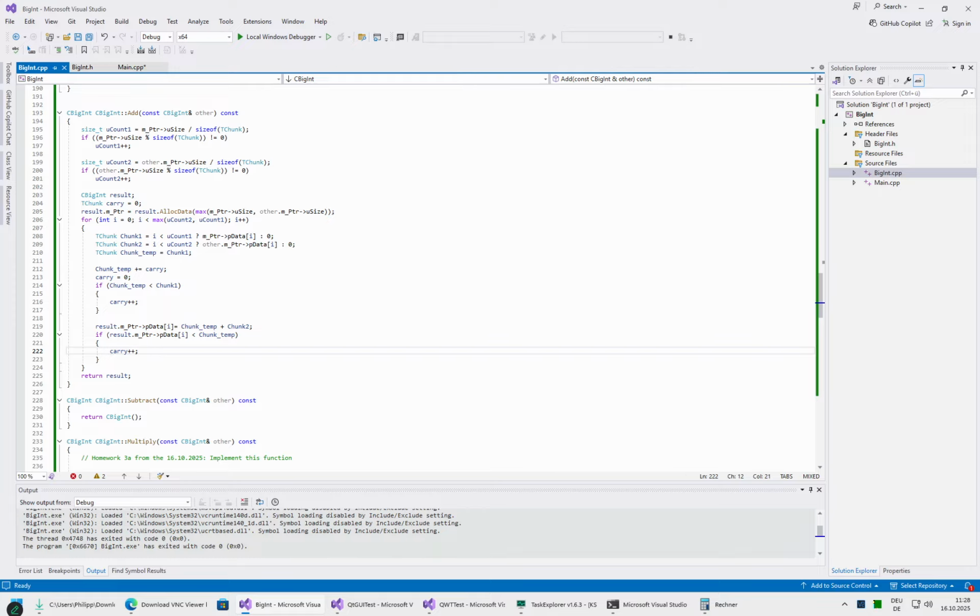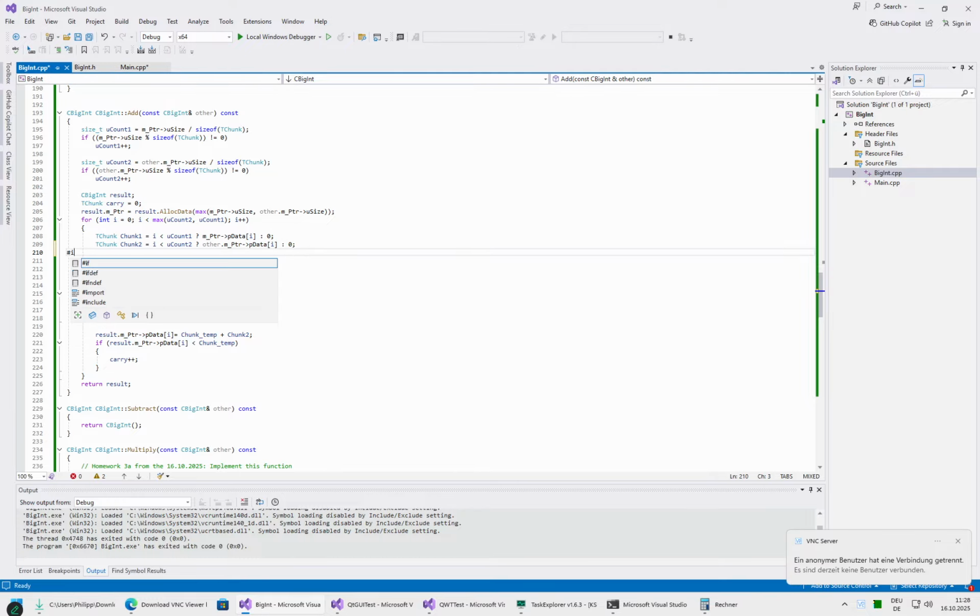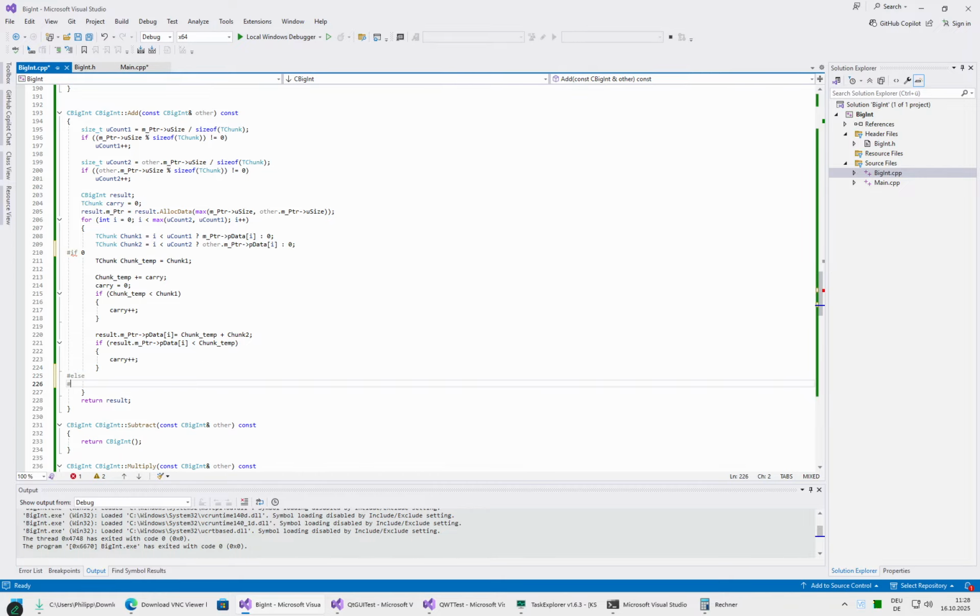And the carryover is always a 1. If 0, else, and if chunk 1